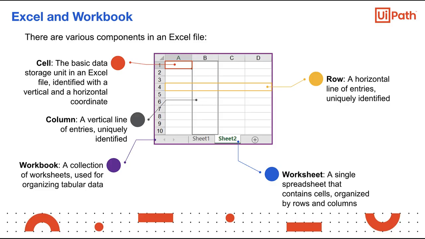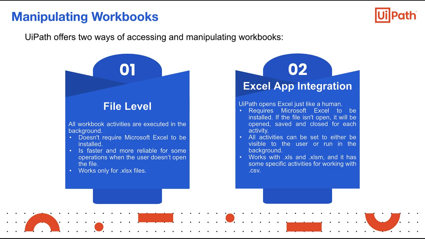A column is a vertical line of entries, and it is also uniquely identified. A worksheet is a single spreadsheet that contains cells, and it is organized by rows and columns. A workbook is a collection of worksheets, and it is used for organizing tabular data. In many business scenarios, databases are stored in workbooks, and from there, they can be inputted into data tables and